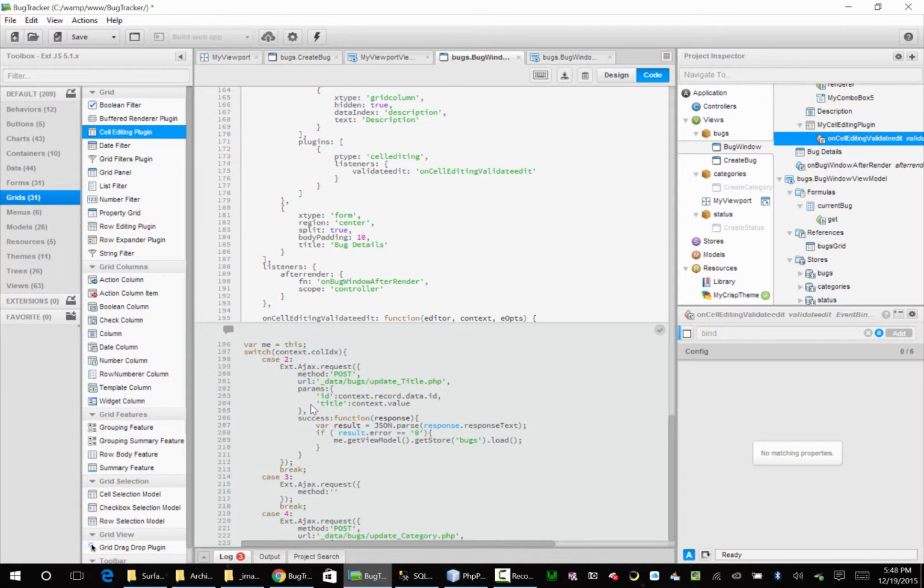Once again, method, like I said, since we're doing the same thing, we could really just refactor this. That's okay. URL, data, bugs, update, status.php, params, ID, context.record.data.id, status, context.value, then underneath here, success, function, response,